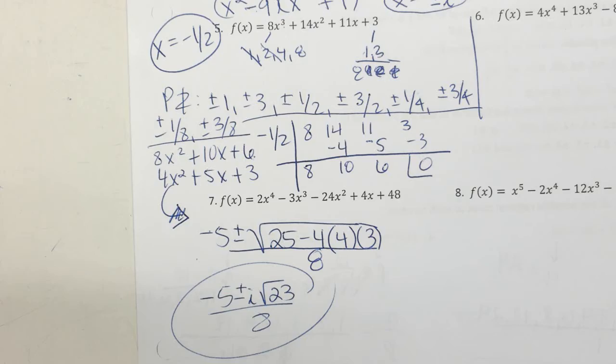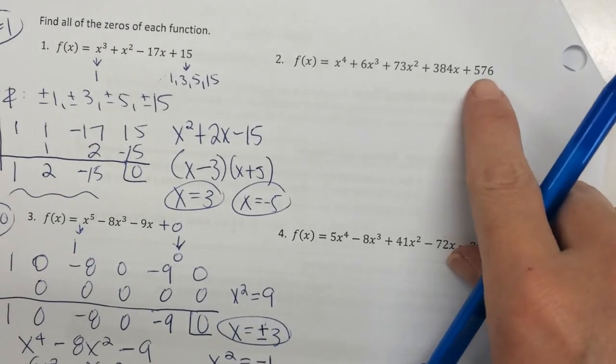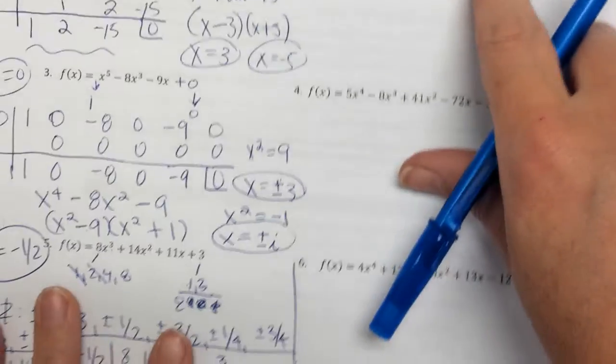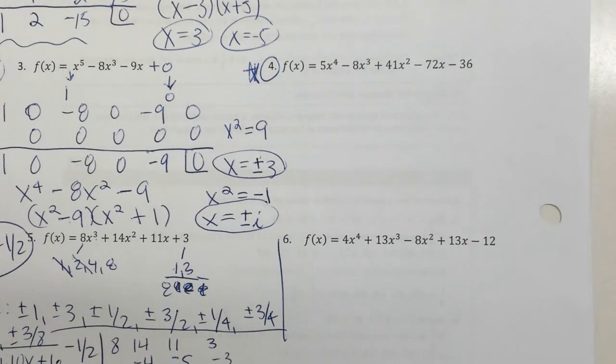Alright, I want you to try 4 on your own. Now, why am I skipping number 2? Because people without a calculator, you're going to die. Okay, just number 4. Try that one on your own. Oh, the bell's about to ring. I want you to